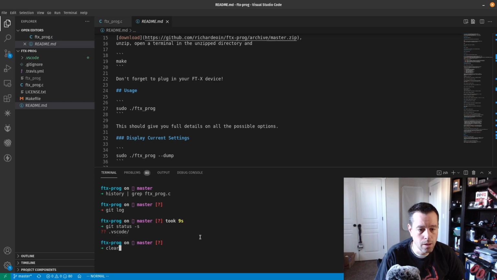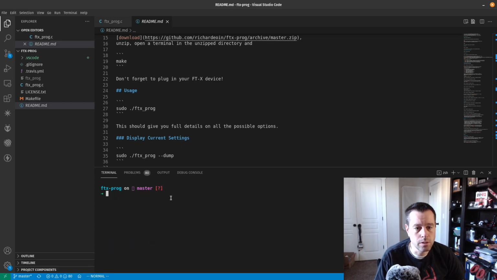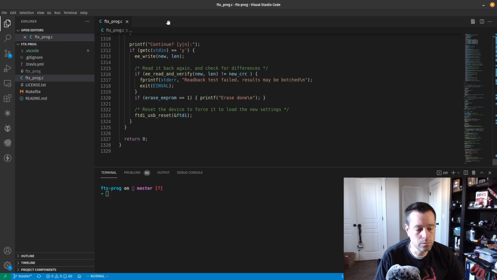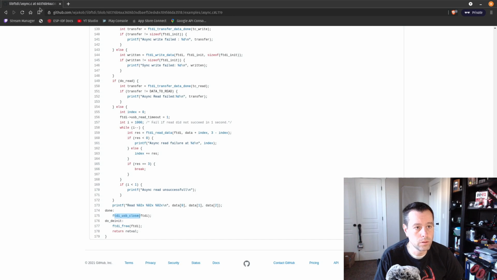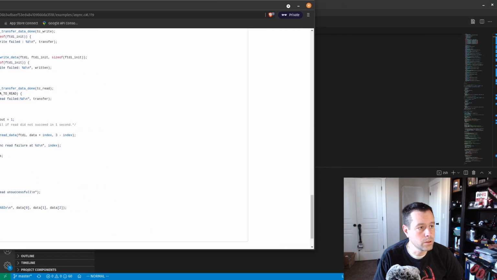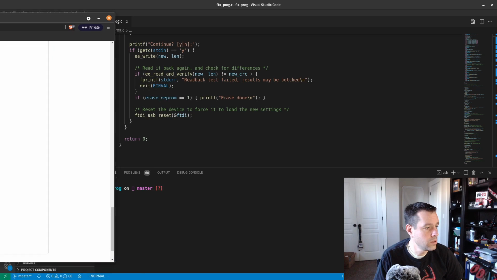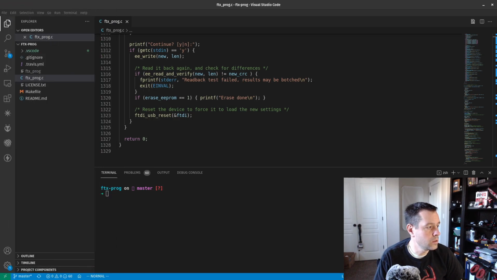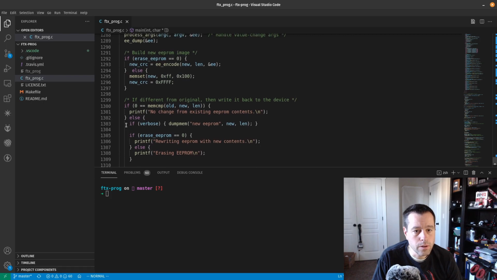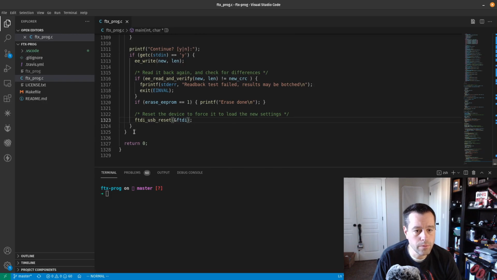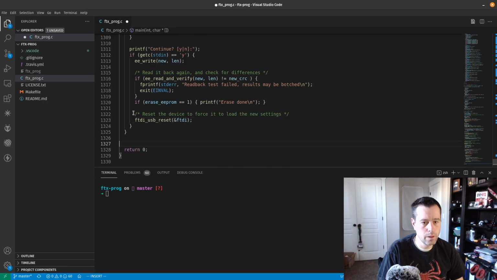Okay, so what we're going to do is try and make this thing work. I'm going to pull this window over here so that I can reference it while writing code. So what are we inside of here? If no changes from existing EEPROM, else. So beyond all of that, like right here, I think is where we should try to do